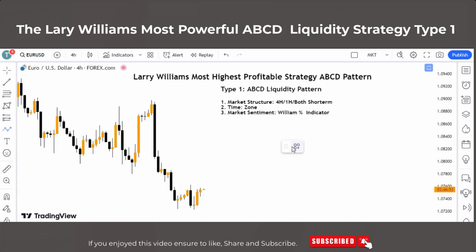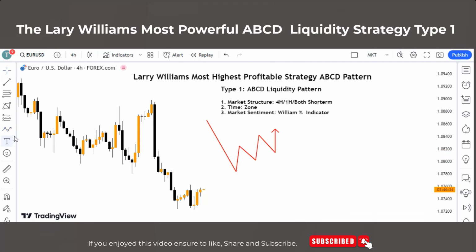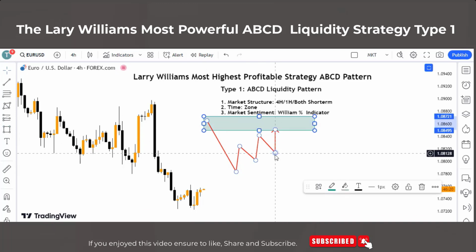If a 4-hour creates a short-term high, all we have to do is to go to the 1 hour and look for when the 1 hour short-term is creating a series of highs and lows in the market, and we pair it to the 4-hour order block. Once the 1 hour price hits the 4-hour order block, we look for a selling scenario, and we only look for a selling scenario when price shifts inside the 1 hour